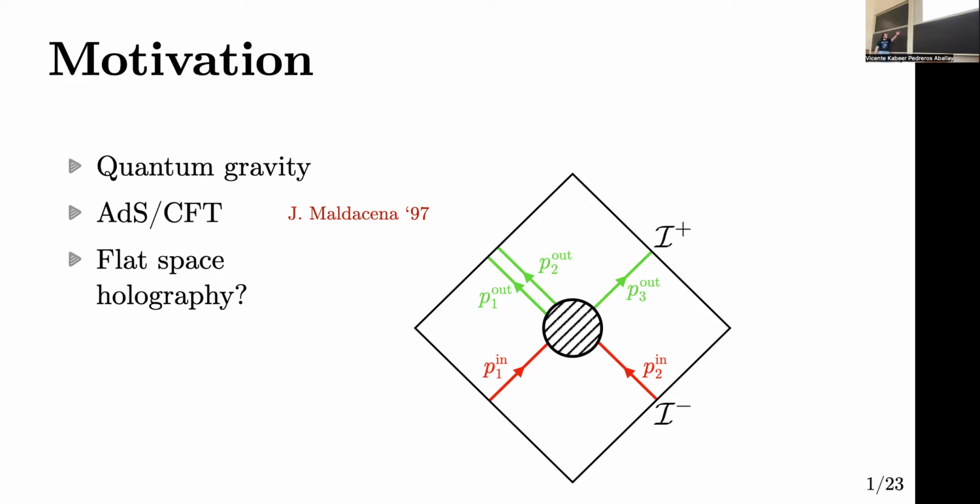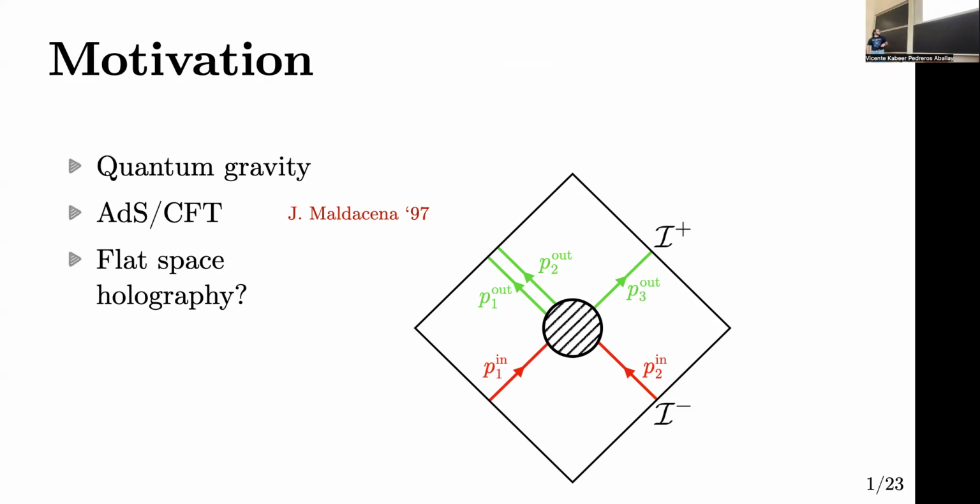There has been significant progress on this topic in the context of a gravitational theory living on an anti-de Sitter spacetime, or simply AdS, which is the spacetime with a negative cosmological constant, where one can make a holographic identification to a lower dimensional non-gravitational field theory, which is actually a conformal field theory, or CFT for short, living on the boundary. This duality is well known as the AdS/CFT correspondence, and was first introduced by Juan Maldacena